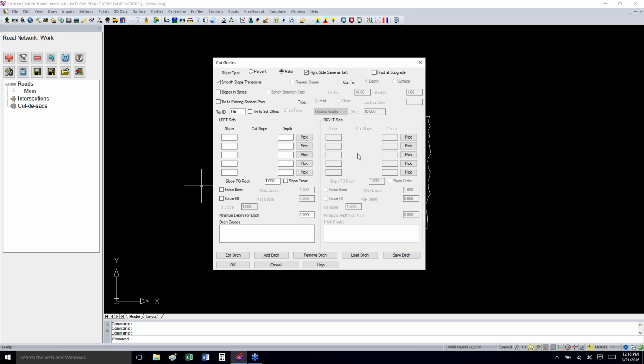Let's go cut. We're going to do a ratio, and we're going to treat the right side the same as the left. Now, of course, if you need a left cut and a right cut or different cuts, or different fills, you can do that, and you have so many options in here. We're just going to do a simple one. We're going to treat the right side the same as the left. So let's go down at a 4 to 1, and we're using ratio here, and let's go a depth of, I don't know, 6 feet,